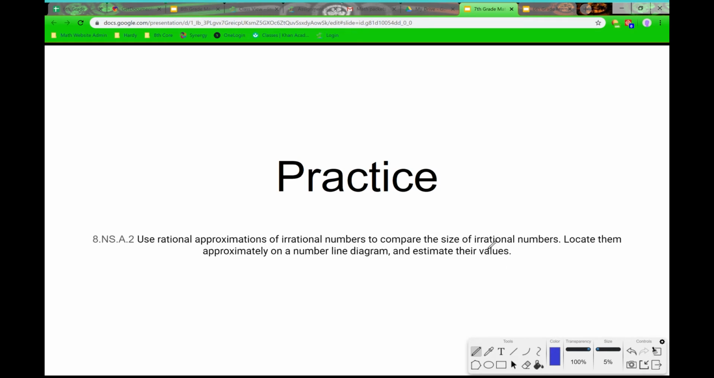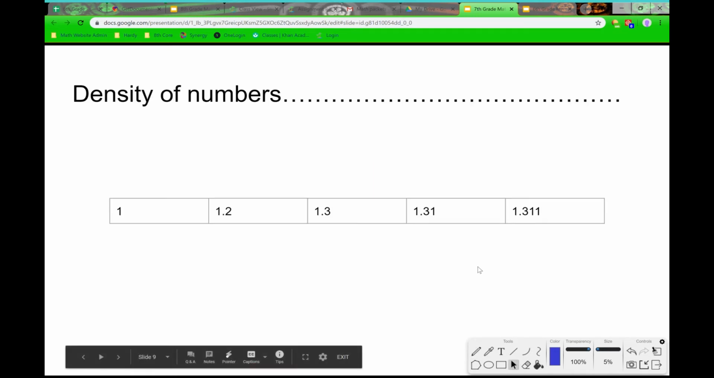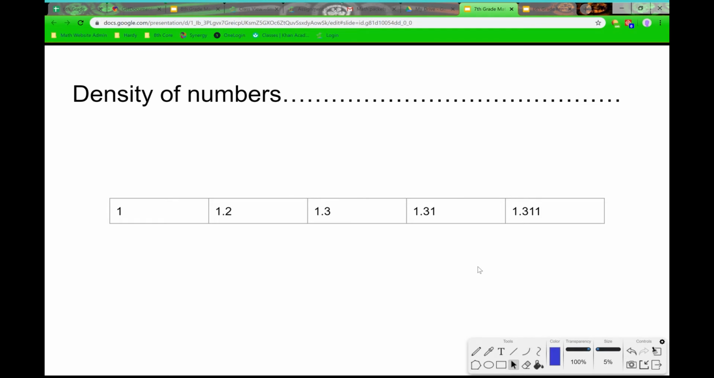Now we're going to continue on with rational and irrational numbers. We ended the last video with the density of numbers. I'm going to start this part of the video with density of numbers to make sure you understand the concept as it is. The concept of density of numbers states that for any two numbers, 1 and 1.2, these